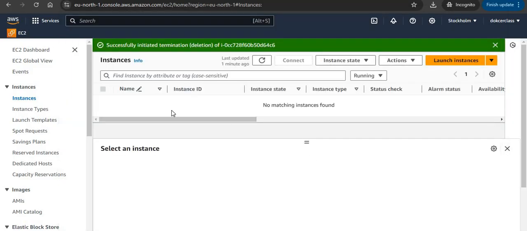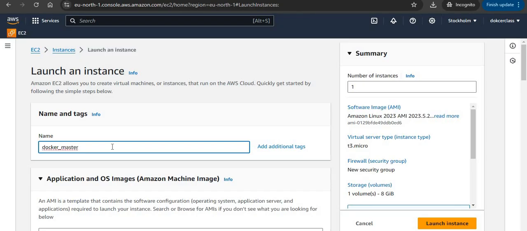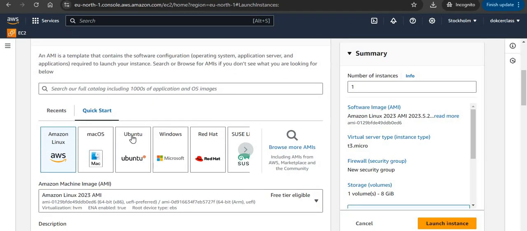So here I have already logged into that same AWS account. If you remember, we have set up a Docker class user. So I have already logged in, and let's click on launch instance, and I will name it, let's say, Docker master. Fine. I will choose Ubuntu as an image, and here you can see that it is coming under